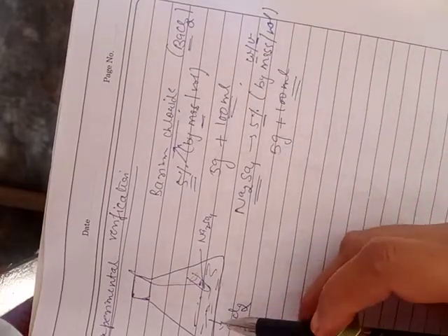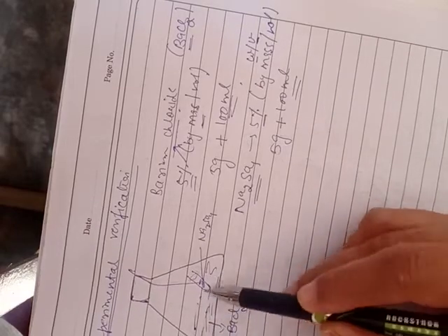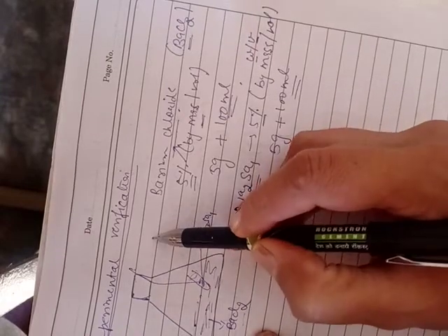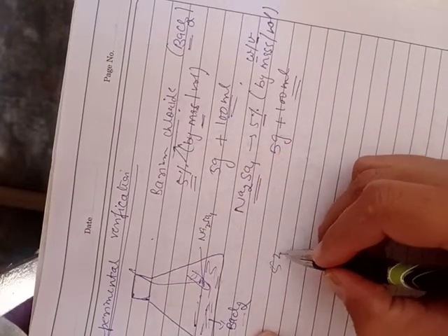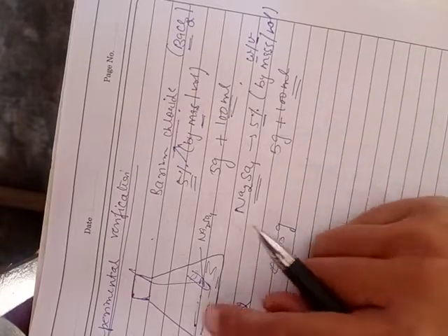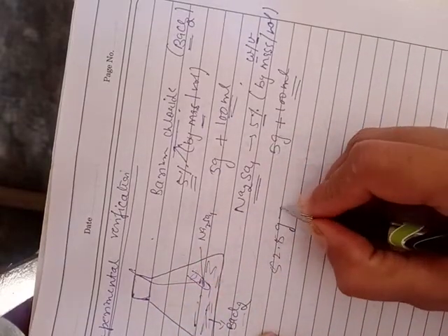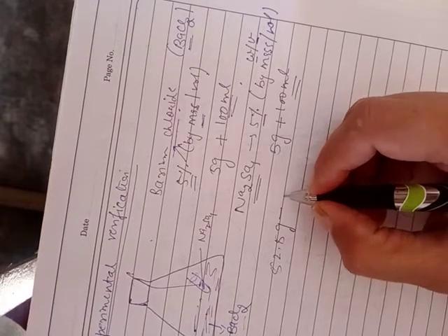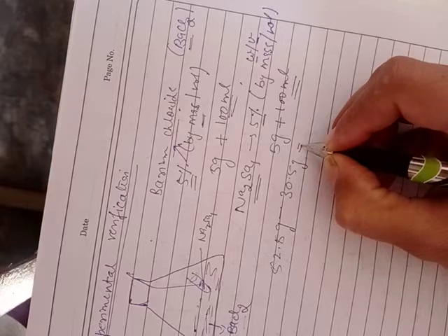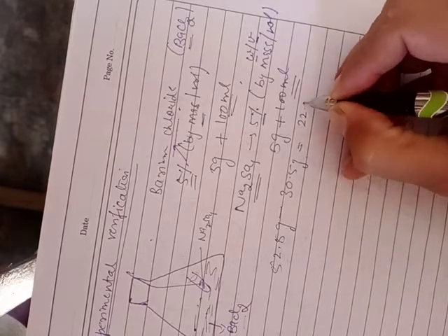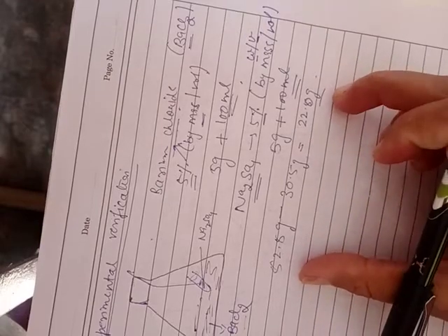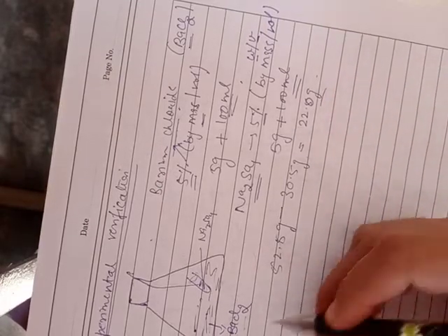First of all, we will add a small amount of BaCl2 solution, weighing it on the digital balance. Suppose the weight comes out to be 52.5 gram. Then subtract the weight of the empty vessel from this. Suppose the weight of the empty vessel is 30.5 gram. So the weight of the sample taken comes out to be 22.0 gram.